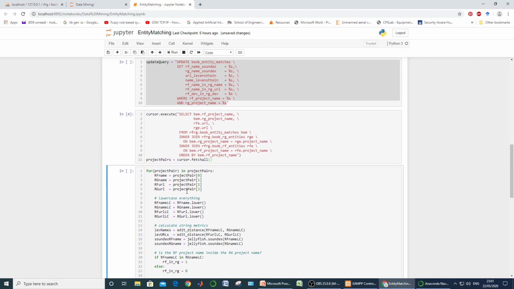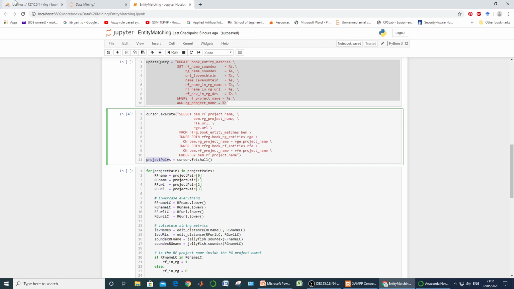Executed. It means the project pairs now contain tuples with four fields. Now for each of the rows generated by this query, we have to perform some iterative work. For each project pair in these project pairs, we pick the first row containing RF project name, RG project name, RF URL and RG URL.